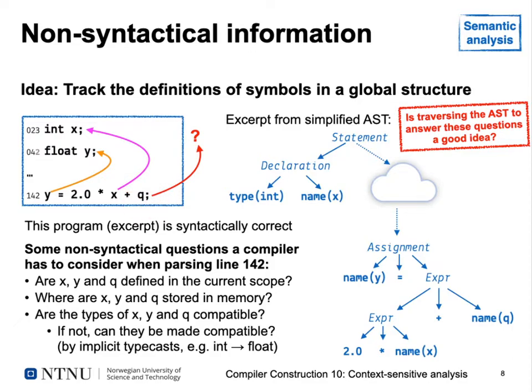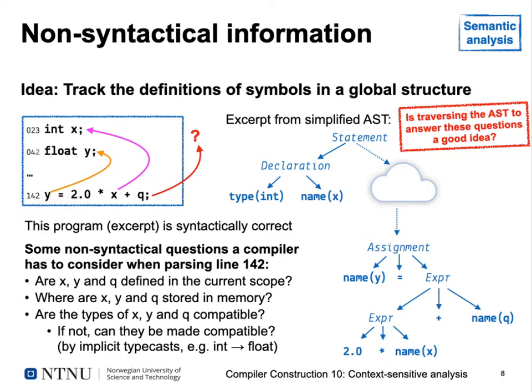The next question, to actually generate code later on: where are x, y, and q actually stored in memory? Because for efficiently calculating an expression, the CPU in your computer would need to load the value of x into a register, the value of q into a register. Well, do this calculation on these values in registers, and